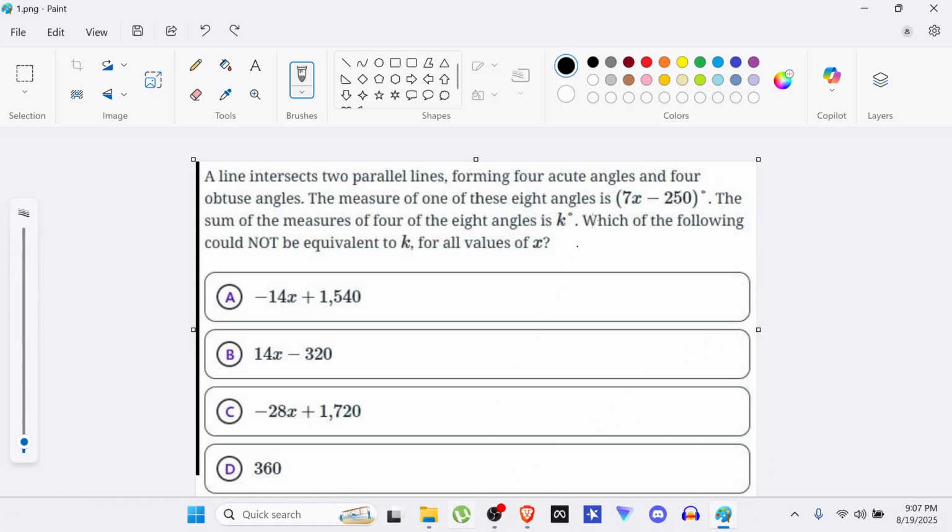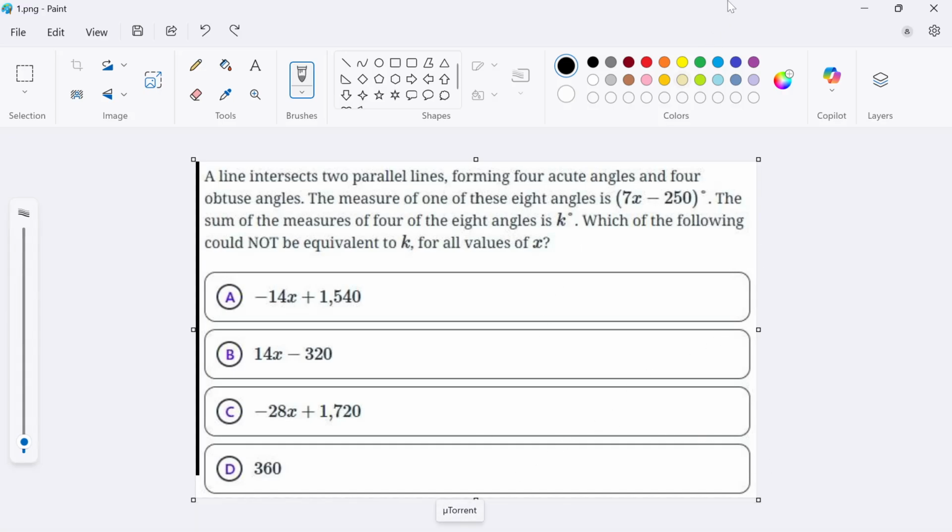And then it's got different equations for the values of k, the 4 angles added together. Well, when two parallel lines are crossed by a transversal like that, and then it says there's 4 acute and 4 obtuse, that means it's like this. There's 4 angles smaller than,